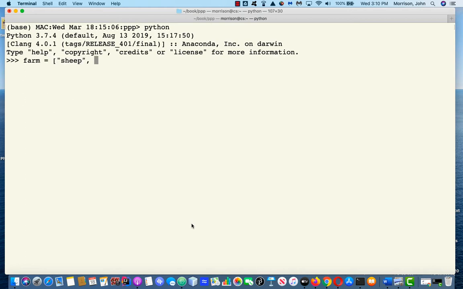So here is a sheep, and I'm making a list. And here is a sheep again. And now let's put in a cow, a horse, a pig, a goose, a pig, and then we'll add in another cow. Moo. Okay. There's my farm. Now I'm going to type animals